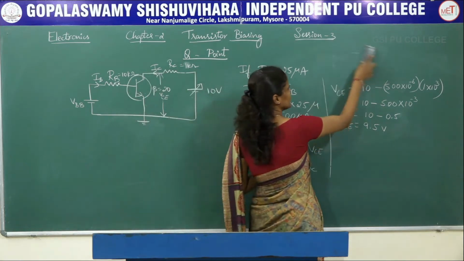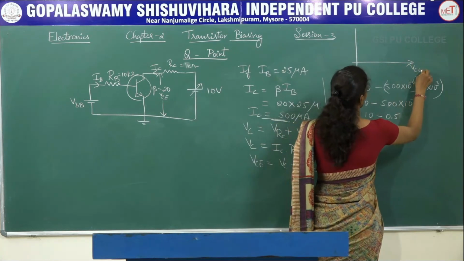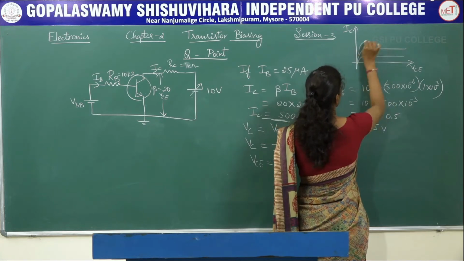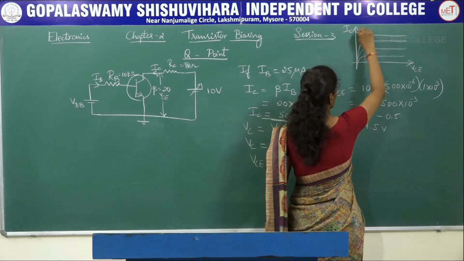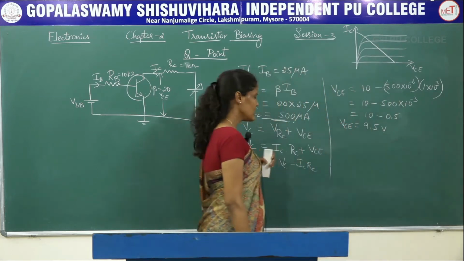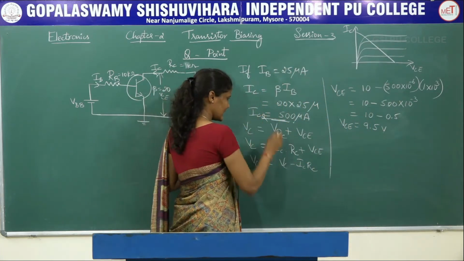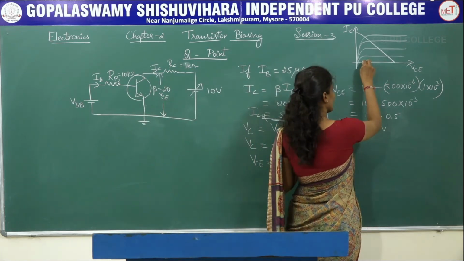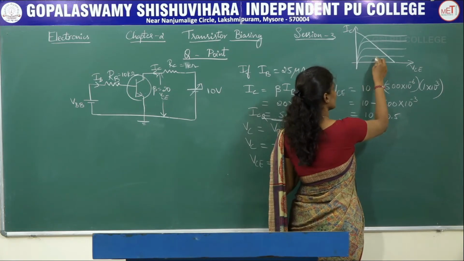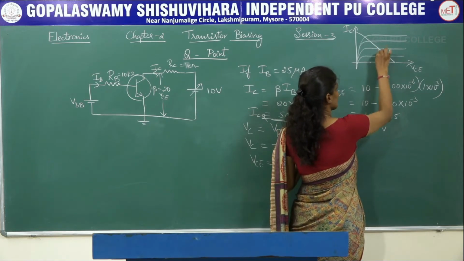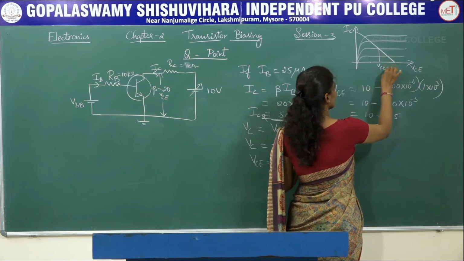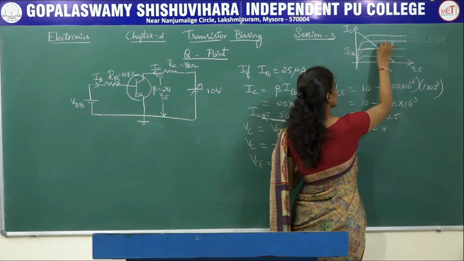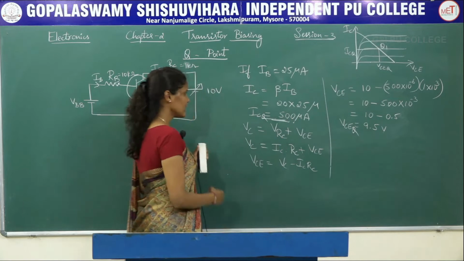Let me draw that over here. The output characteristics will be representing VCE and IC. I will be having a different set of curves for different IB values. I will also be having a straight line, that is the DC load line. For that particular value, let me call this ICQ and VCEQ. If I mark 9.5 here, this will be VCEQ and this will be ICQ. Let me mark this point as Q1, the first operating point.